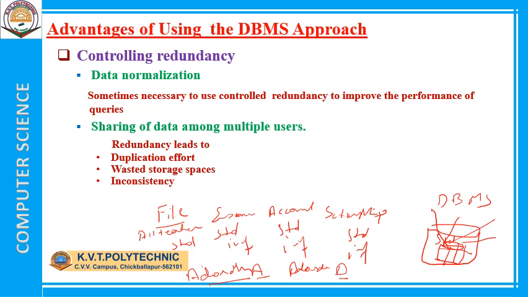So redundancy, that is duplication of data, leads to wastage of memory as well as inconsistency of data. There is no accuracy in the data. So to avoid these things, the DBMS provides the database concept, that is, we are saving the data at